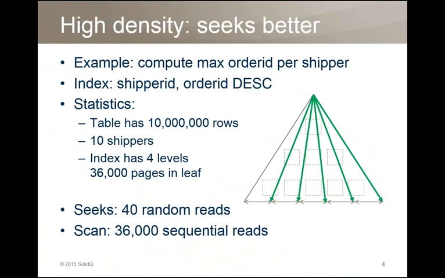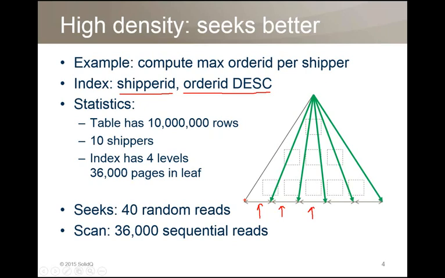Like what I mentioned, I want to compute the maximum order ID per shipper. What's the optimal index that we can create here? We'll create an index that starts the key list with a shipper ID. Remember, that's our group column. So you can see we have a consecutive section within the index per shipper. Shipper 1, shipper 2, shipper 3, and so on, right? And then the second element in the index key list will be order ID descending. So the very first row within each shipper section will actually be the one that contains the element that we